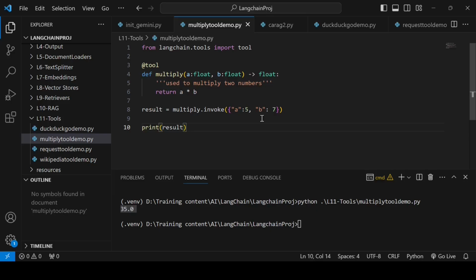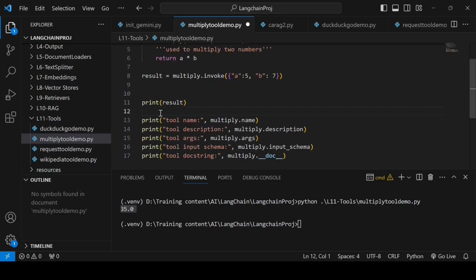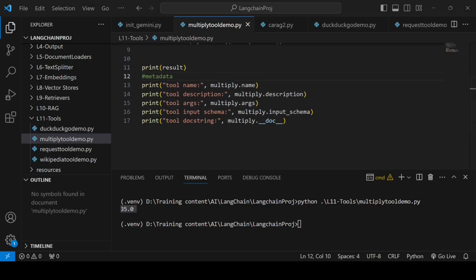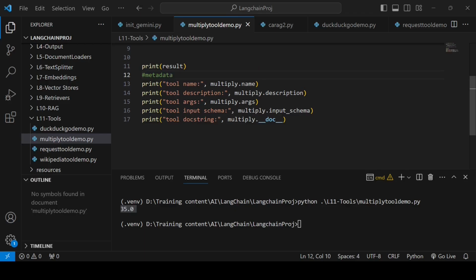One more thing is, once you create a tool, it will have some metadata which you can access also. Actually, let me put it here itself. So print result, after that I'll print the metadata. So you have name, which gives the name of the tool. Then you have description, which will actually give this doc string.